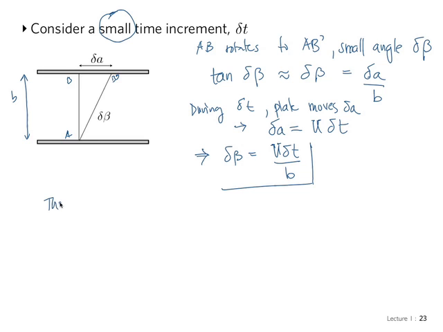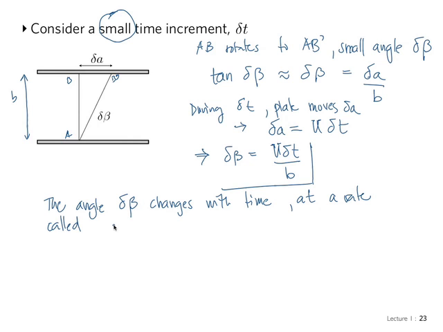So the angle delta beta changes with time at a rate called the rate of shearing strain. This is what we call it, the rate of shearing strain,